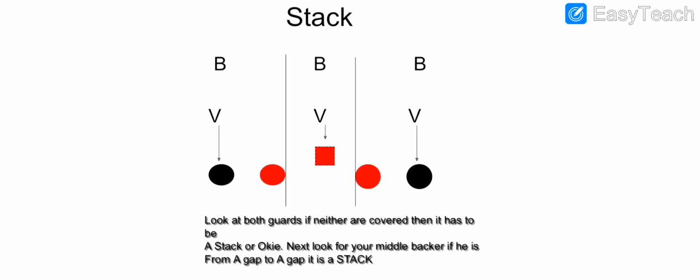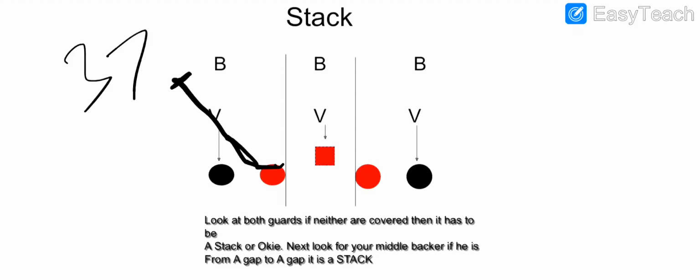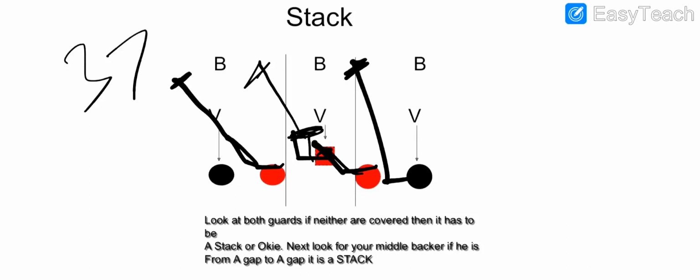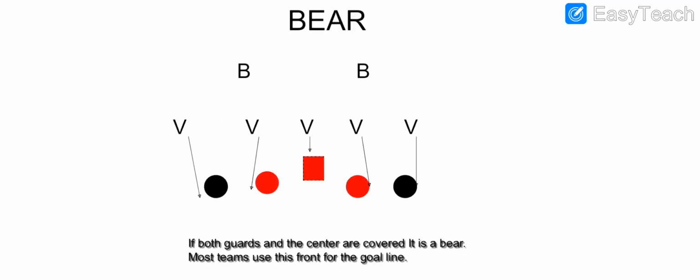Compared to if we're here at a stack, I know as a guard, I got to get going a little bit more. Once again, we're running that 37 outside zone. I know I really got to get going to get to the outside of that backer. Also, as this center, I know I don't have much time. I'm just jacking that guy up there real quick for that guard to get underneath, and I got to get off to get to the inside backer on the outside. And then as that backside tackle, I know I got to get going to get this backer over here. So that's where all of the calls really matter and really help people understand what they have,